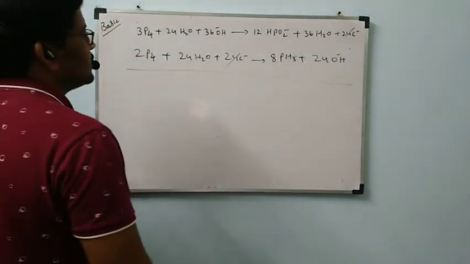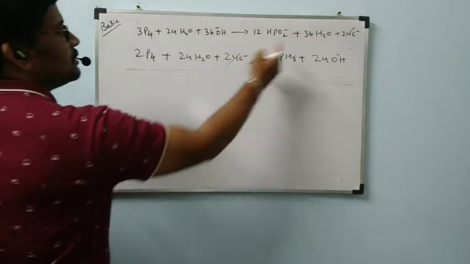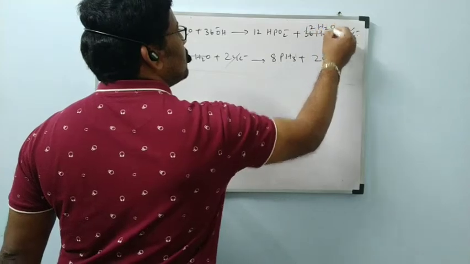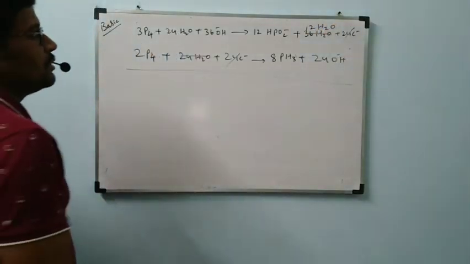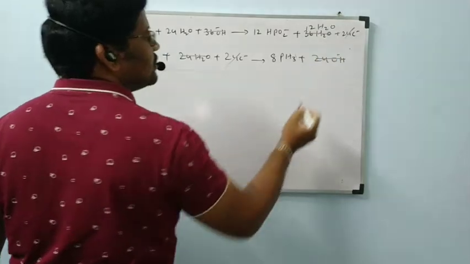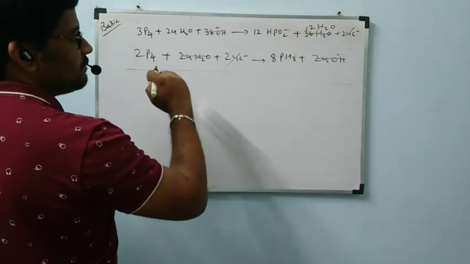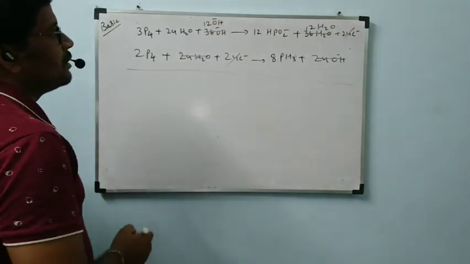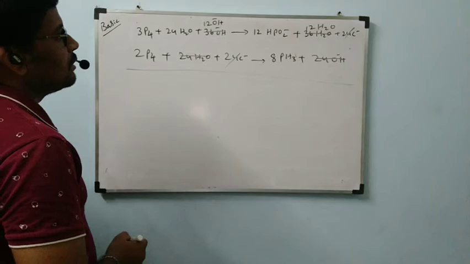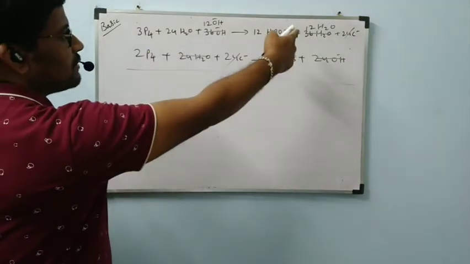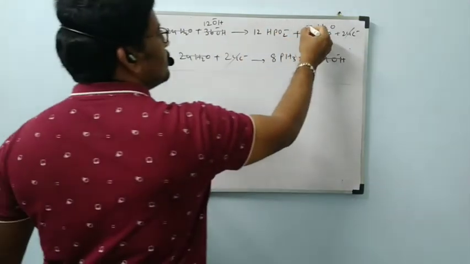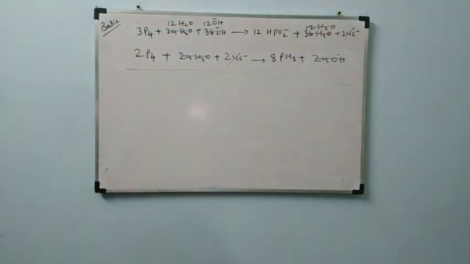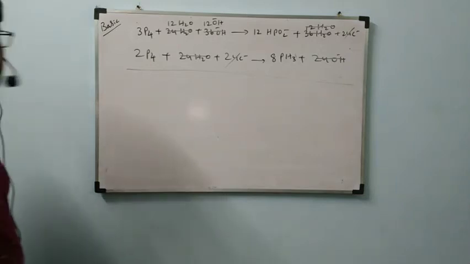Okay, next 24 H2O, 36 H2O. Here 12 H2O. Here itself I am doing the calculation also. Here 36 OH minus, here 24 OH minus, right side. If this comes to this side, minus 36 minus 24, 12 OH minus. Okay. Again 24 H2O, that side 12 H2O. Cancel. Now it will become 12 H2O on the left side. Okay, now I am going to write the final equation.